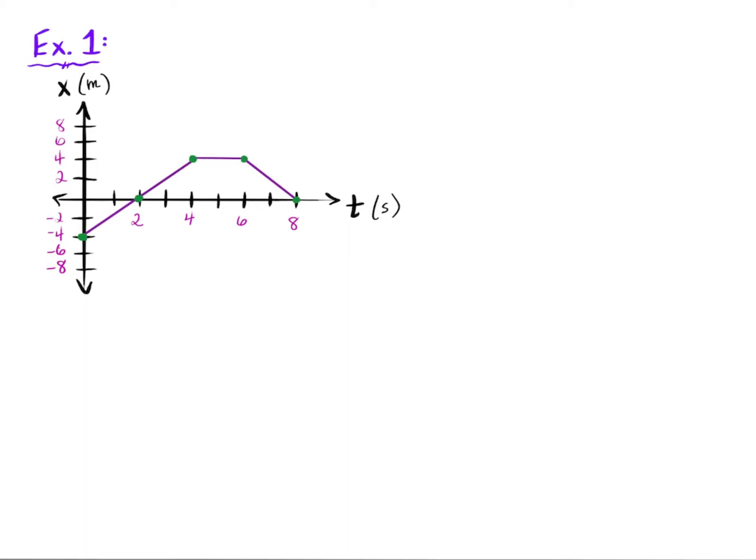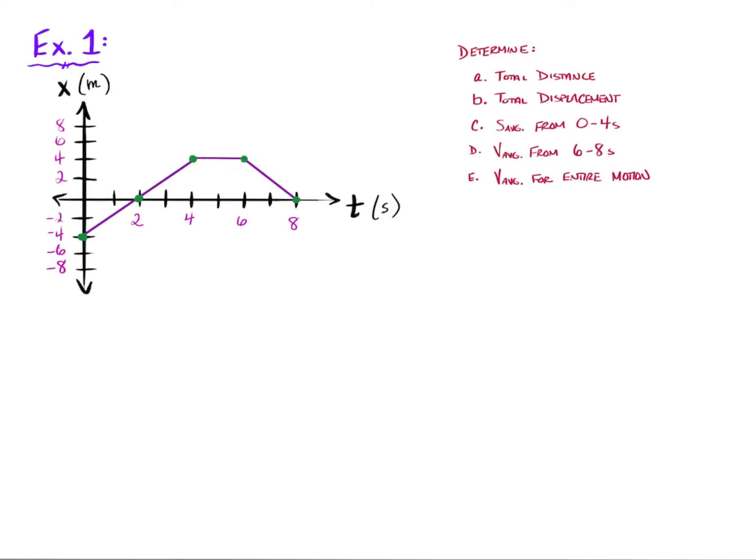All right, let's take a look at an example. I think this is really where you can start to understand what's going on with these. So we've got this position time graph, and we are going to be asked to find 5 things: the total distance that this object traveled, the total displacement, the average speed from 0 to 4 seconds, and the average velocities both from 6 to 8 seconds, as well as for the entire motion of whatever this object happens